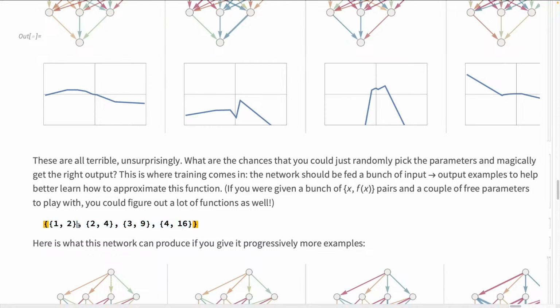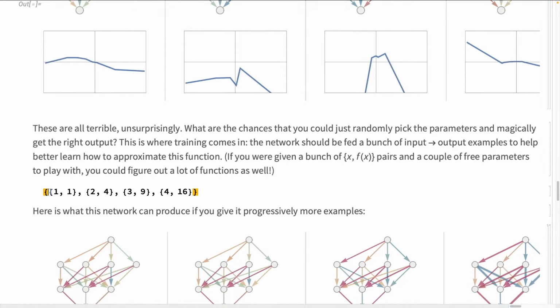I changed my mind about which function I wanted to use early on. Humans are pretty good at pattern recognition, so you can quickly see, oh okay, this is representing the function f of x equals x squared. But the point is, if you look at enough examples,